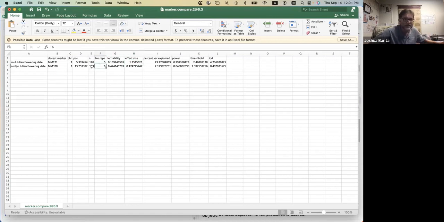So same thing down here. This is all for the Quartillo data. This was the heritability calculated for this marker for her flowering time data using her population. This is what her heritability was. Her heritability was